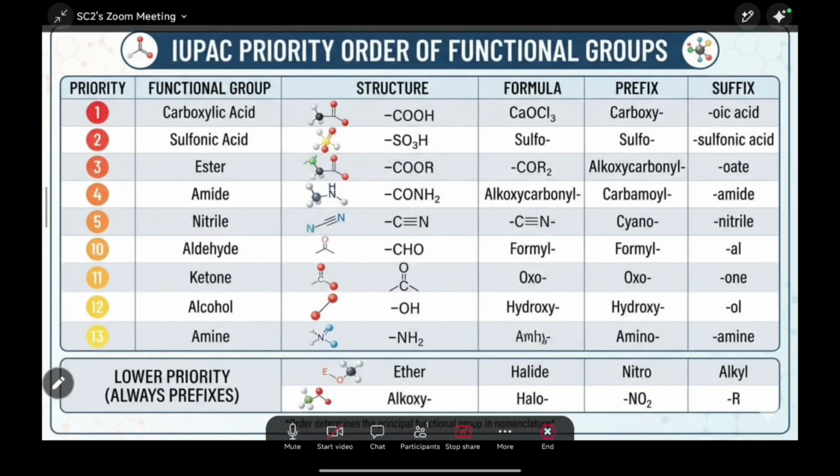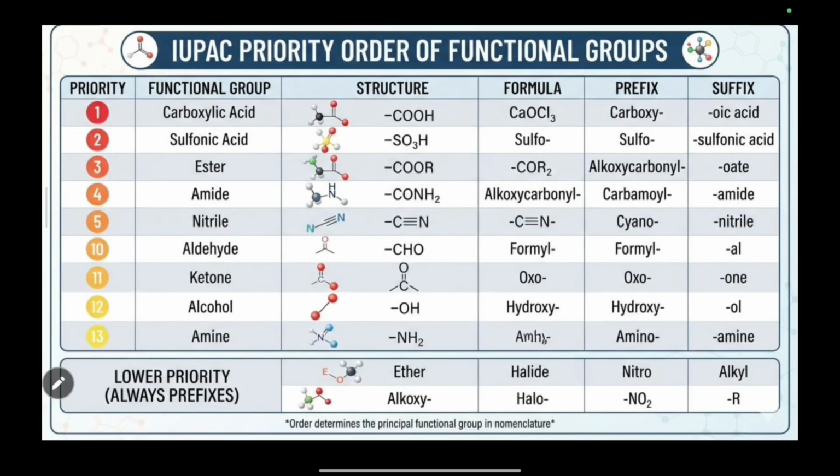Now, before getting into the example, see the priority order of the functional groups. Carboxylic acid gets the highest priority. So if any organic compound is given to you where carboxylic acid along with any other group is given, remember that the carboxylic acid will be the principal functional group. As you go down the series,